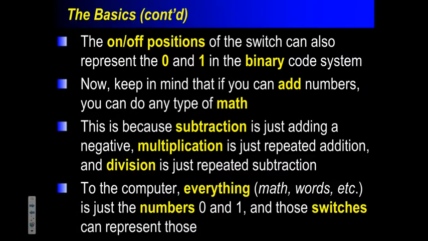Okay? Now, if the world is ones and zeros, we can do math with ones and zeros, right? As a matter of fact, it's super easy math with ones and zeros. We can add them, right? 1 plus 1, 0 plus 0, 0 plus 1. That's pretty easy. Adding is the base of all mathematics. Now, you may not believe me when I say that, but it's true. You can use adding to do everything, right? So for example,